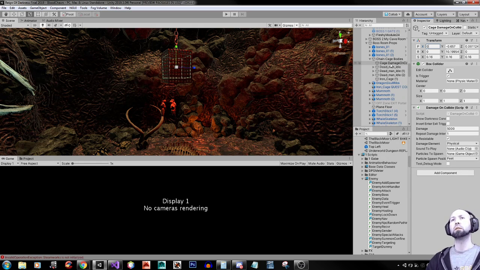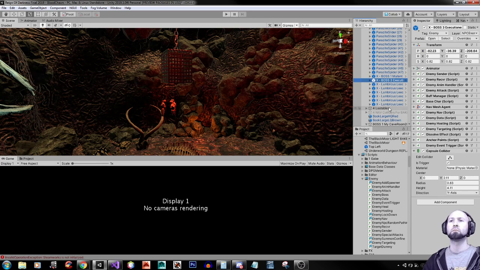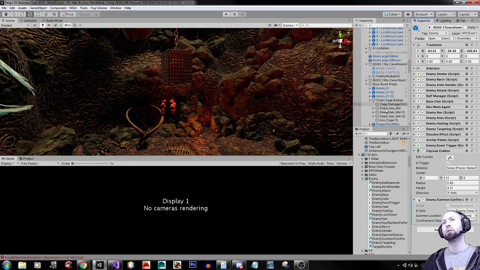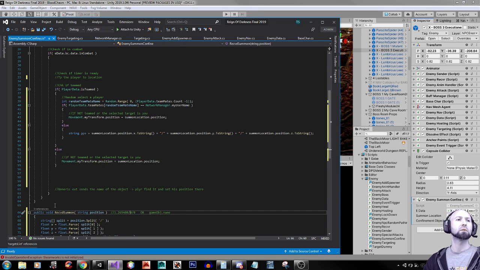Okay, so we're going to take this object, let's say that's the summon object. Let's put this on the boss guy. Where is he? Okay. And then cage. The damage on Clyde we're going to use as the summon location. Oh yeah, he is the enemy data. I don't know if we need that yet, but I know object. Yeah, because we've got to disable it. So we could use a